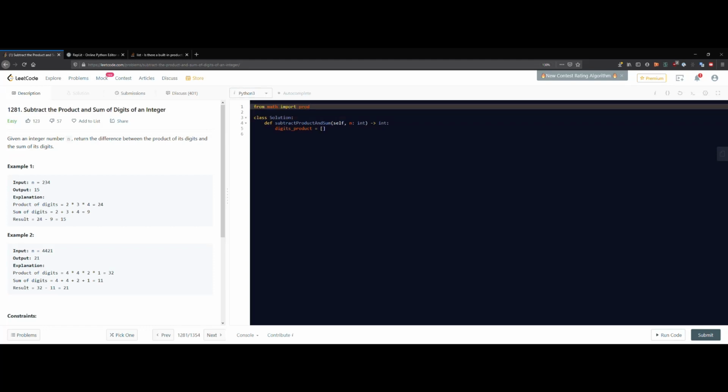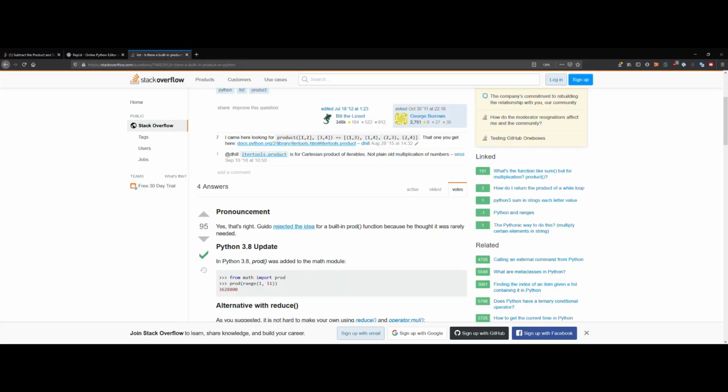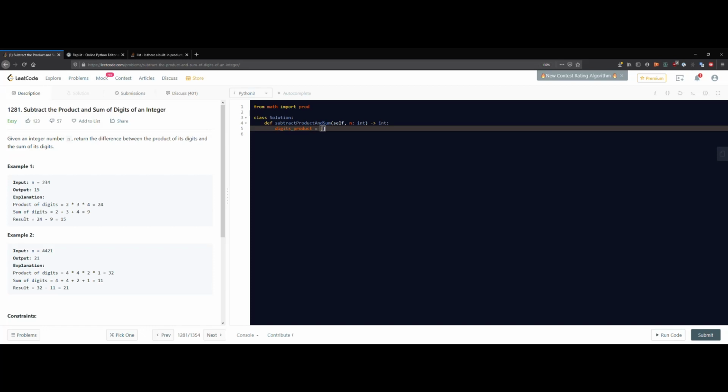In this case, I wouldn't imagine any other case other than you didn't know the library existed, or you were at an interview and the interviewer said you shouldn't use any libraries in this test, you have to code it yourself. But in this case, no real incentive not to use that. So let's do this product, and then